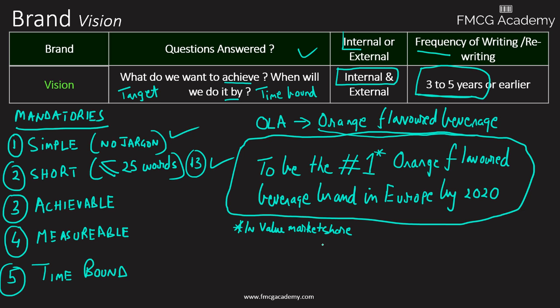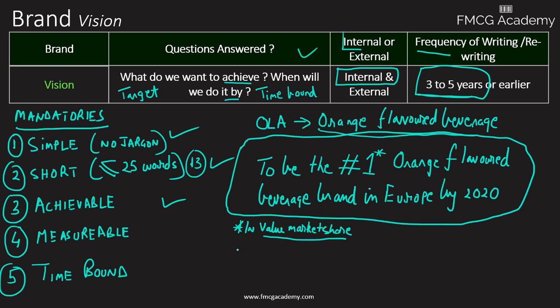We have a little asterisk to specify in value market share. You could add that into the vision to be the number one in value market share, but I just think the snappier and cleaner it is, the better in terms of something which a lot of people can buy into. Is it achievable? Again, we don't know because it's obviously something the brand has thought about. If you're at 2% market share and you need to get to 40 in 3 to 5 years, unless you're going to change the category, it may not be achievable, but that's something just to consider. It's got to be measurable. Yes, it's measurable in value market share. So that's your measuring metric. And that's the target orientation there in terms of being number one.